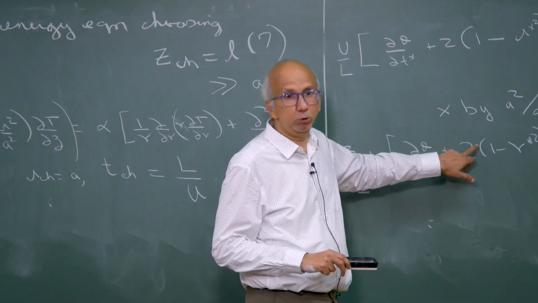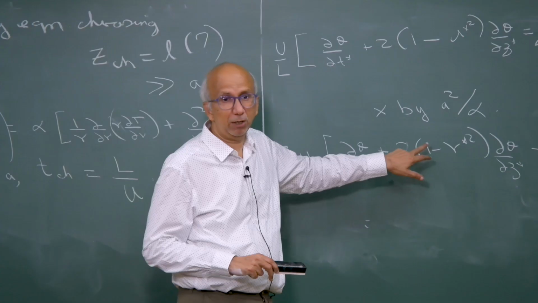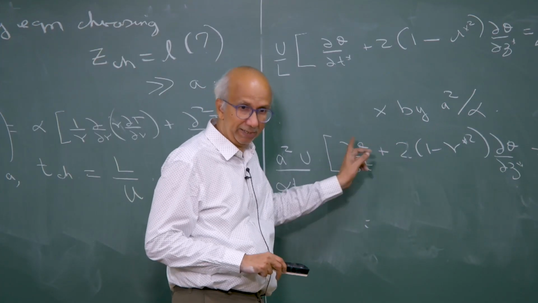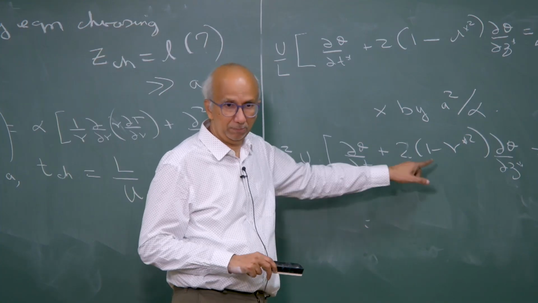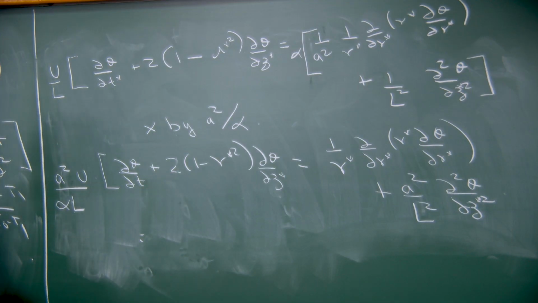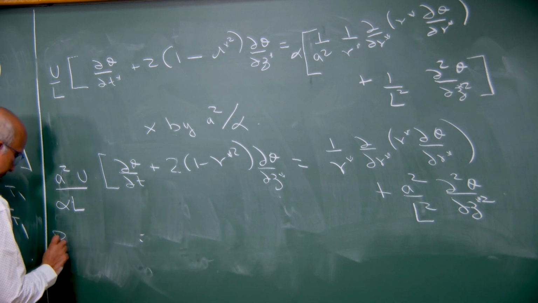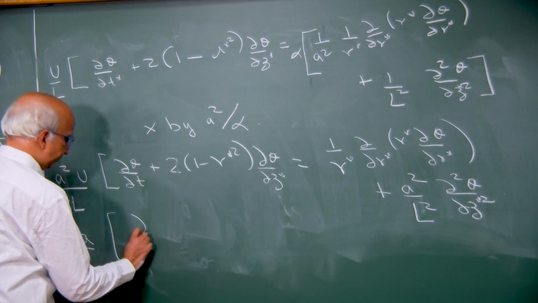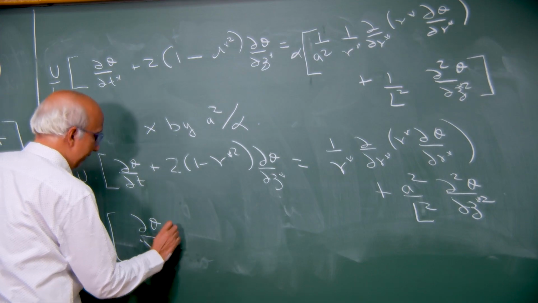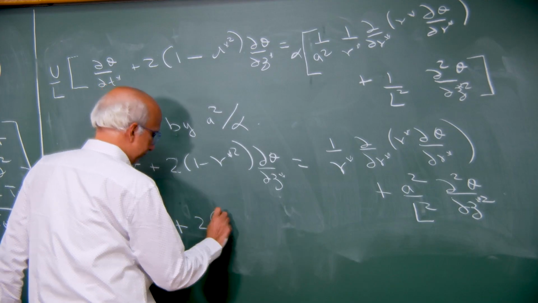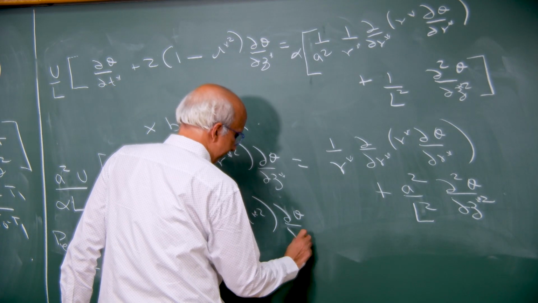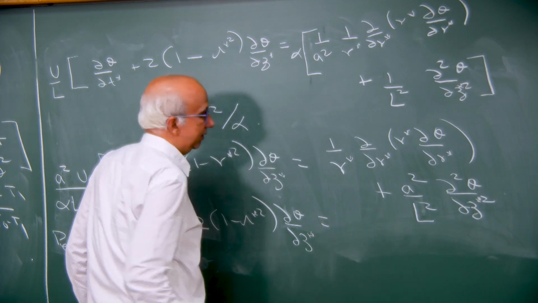If it is U as a function of R or U as a function of Z, then I am making it characteristic, then I will get a U characteristic multiplied by U star, but this is U itself. Okay. So, this is again Peclet number multiplied by A by L times d theta by dt plus 2 times 1 minus r star squared by dz star equals,